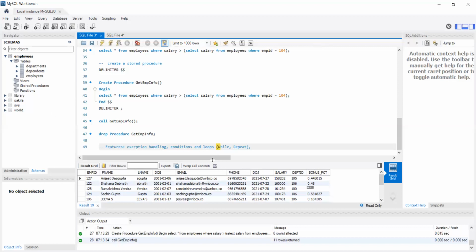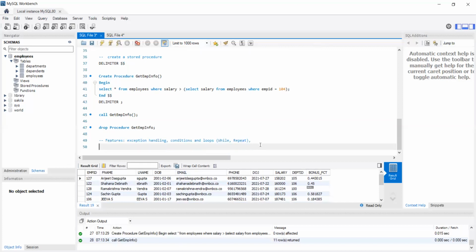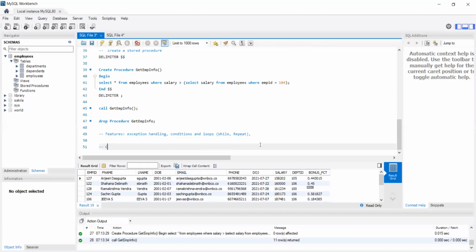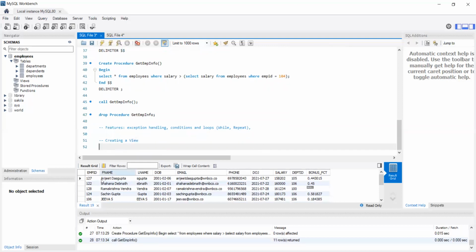Now, for example, if you see, these are all your columns, right? Now, I don't want you to have access to the salary column, let's say. So what I'll do, I will say